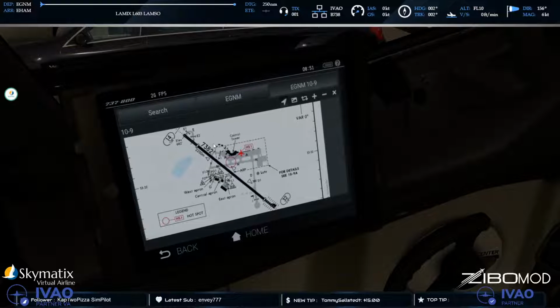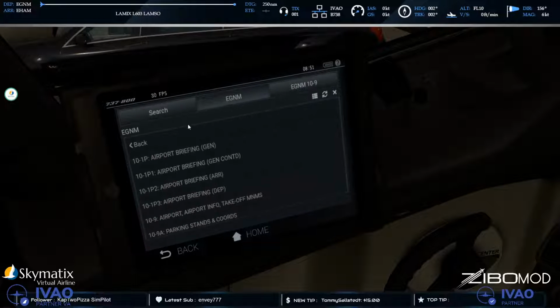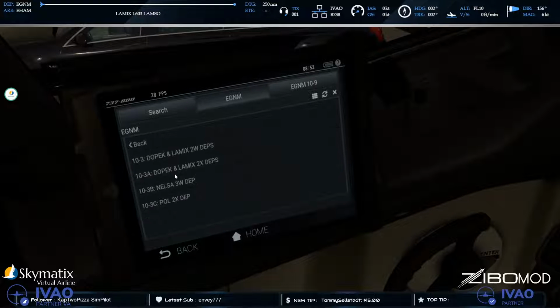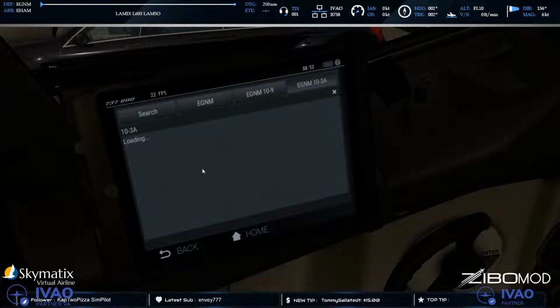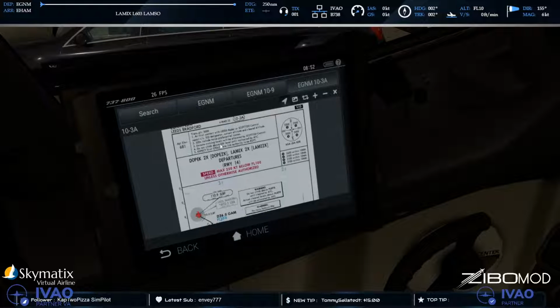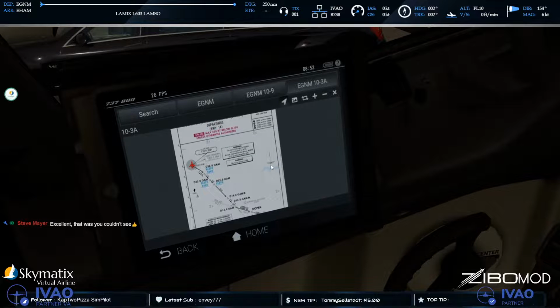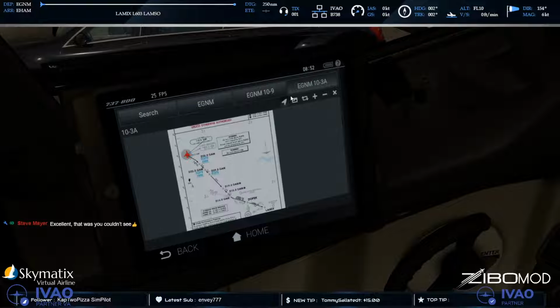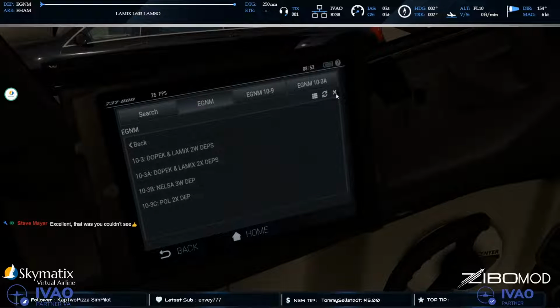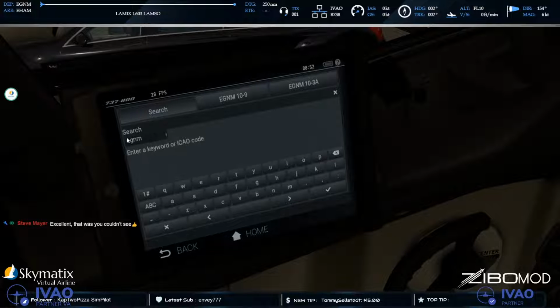Okay, good. So coming back over here, obviously now we can add a couple of things here. We can look at our departure. Hang on a second. Where's this thing? LAMIX 2X. There we go, it's that one. Alright, there we go. So it's a straight out departure going on to where we need to go. Okay, then once we're done with EGNM, because those are the only two things we want, we can now go to